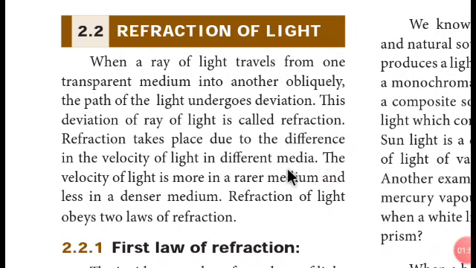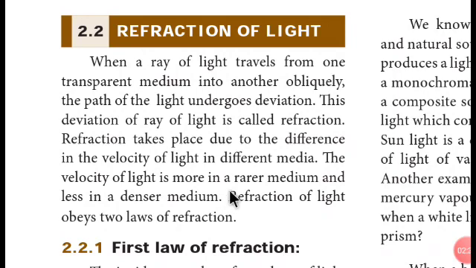Medium here refers to a transparent medium through which light can enter or travel. Then the velocity of light is more in a rarer medium and less in a denser medium. So why are they saying this? If there is no hindrance in your path while you are walking on a road, if there are fewer people crossing you, then you will walk faster. But take the vice versa case. If there are many people walking on the road, you will take a longer time to cross the same distance. That's what light is also doing.